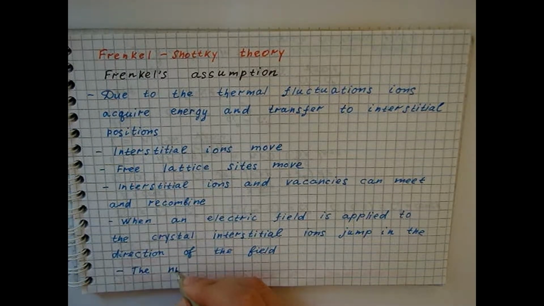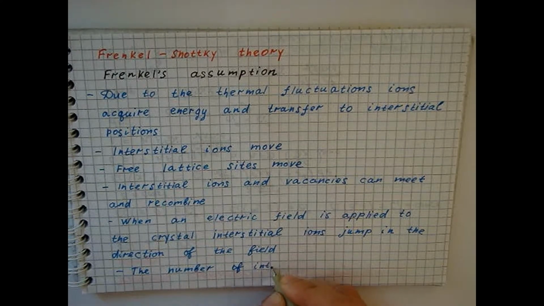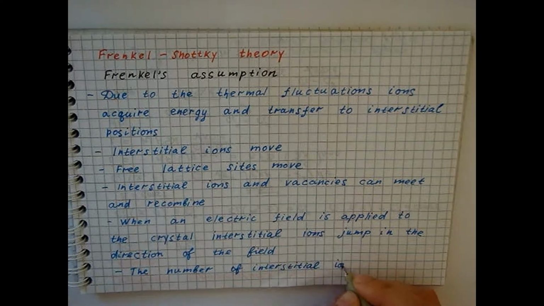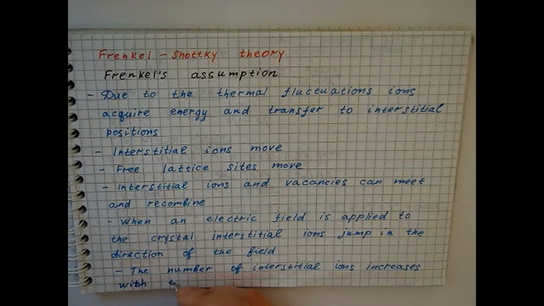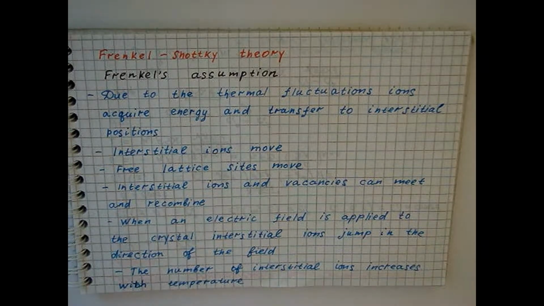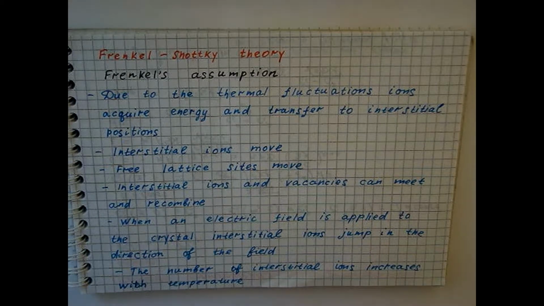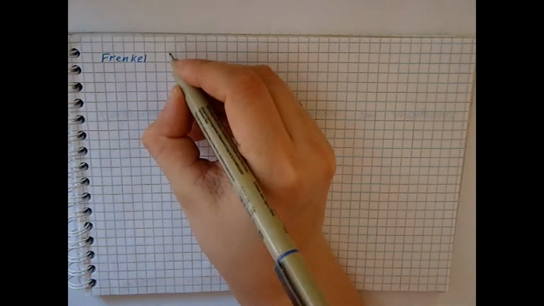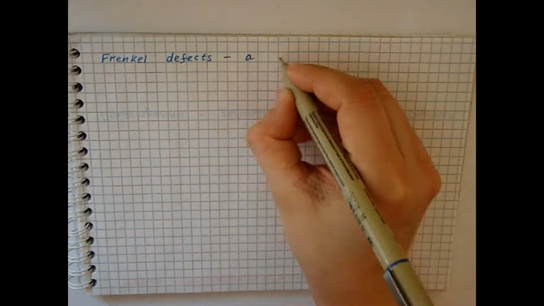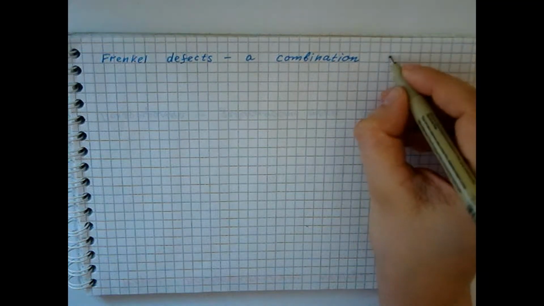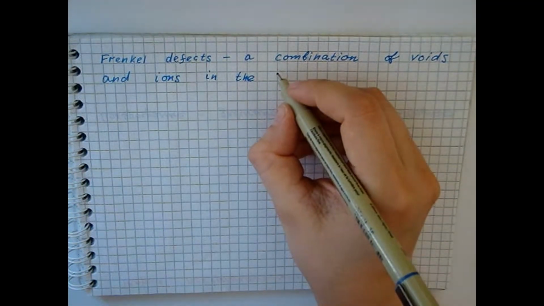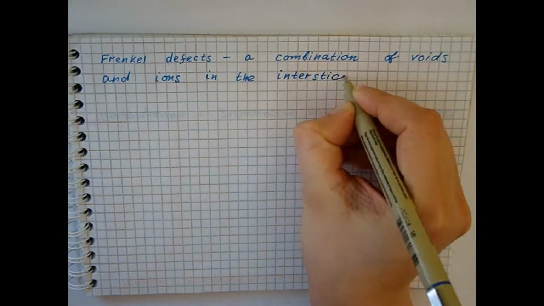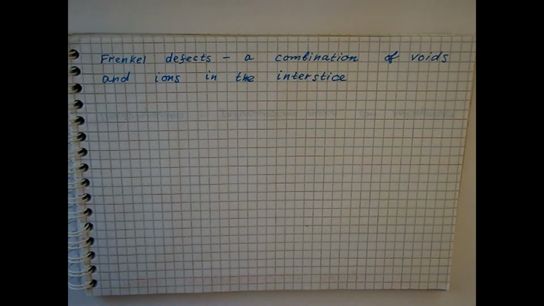The number of interstitial ions increases with temperature. Interstitial ions are more easily formed in lattices with large voids, and small ions are easier to transfer to interstitial positions than large ions. The combination of a vacancy and an ion in an interstice is called a Frenkel defect. The concentration of these defects is proportional